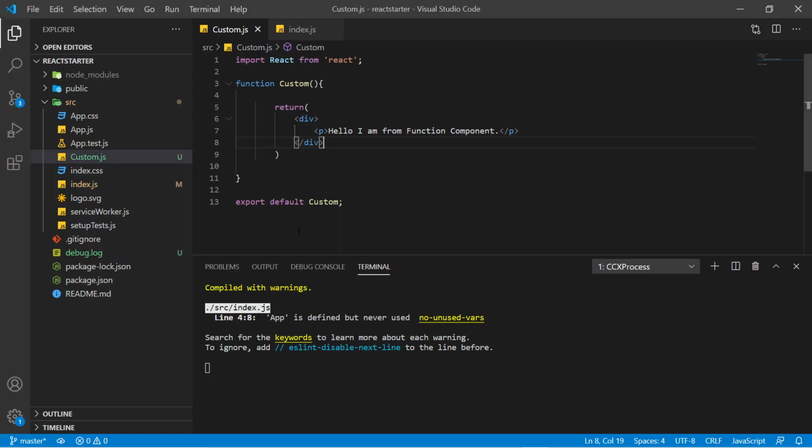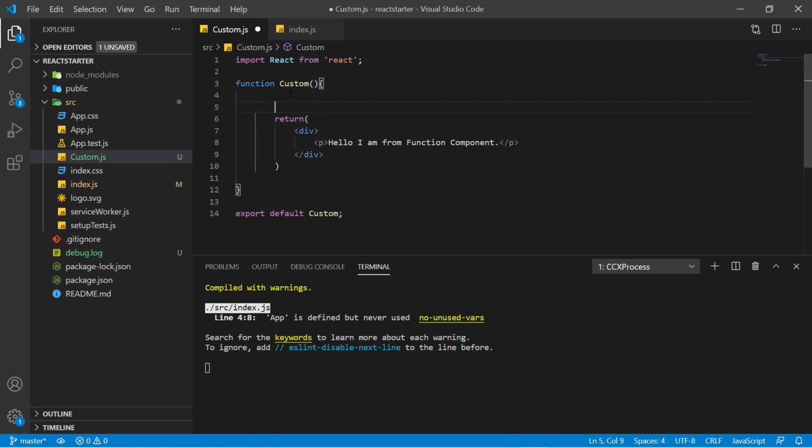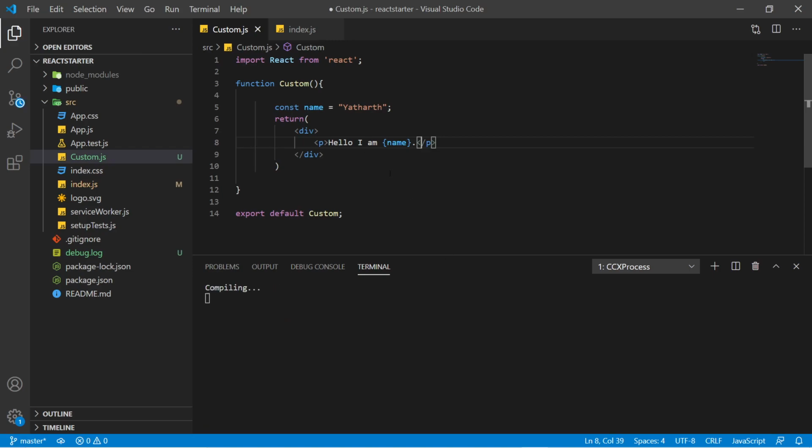So let's go to our code editor back, and here we will create one variable. Let's say I create one variable here and I give it name, let's say name equals to, and I give my name. Okay, now let's say I want to use this particular variable inside my user interface. So how would I do that? You just need to write, hello, I am, and you need to enclose this variable inside the opening and closing curly braces and write the name of your variable, which is name. That's it. Now save your work and let's see whether it is showing on the browser or not.